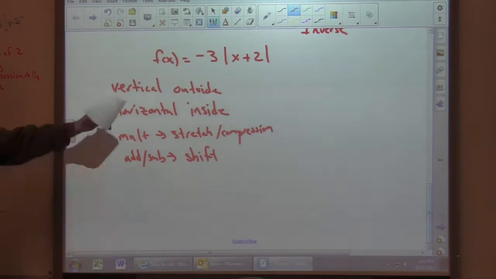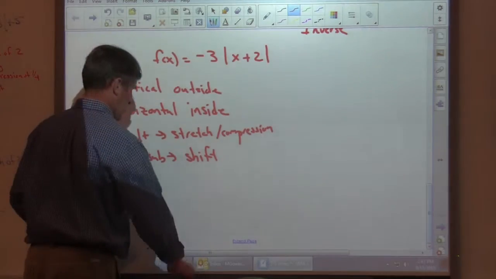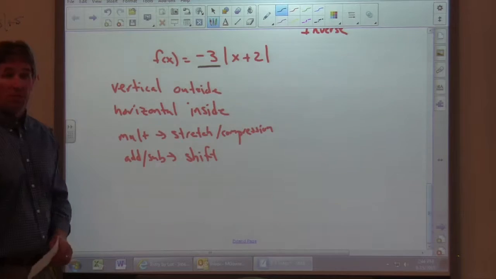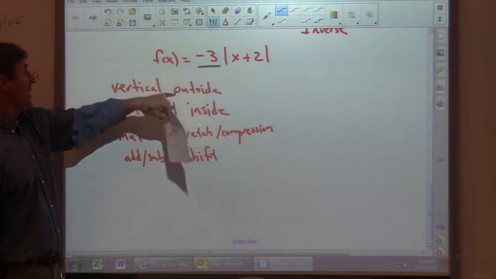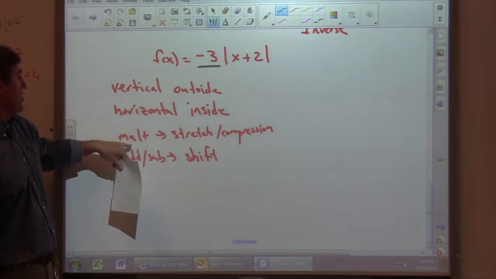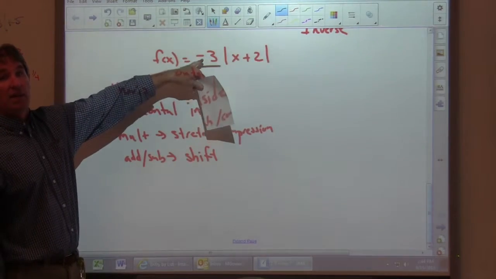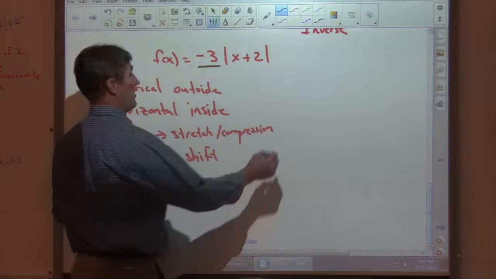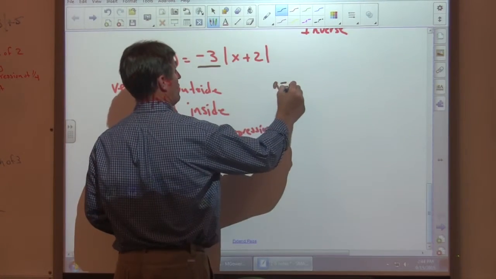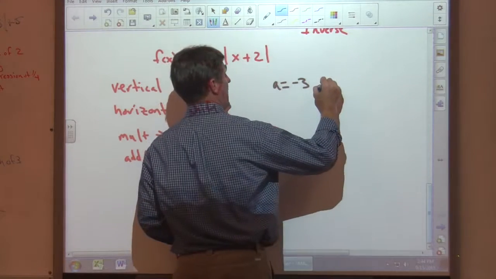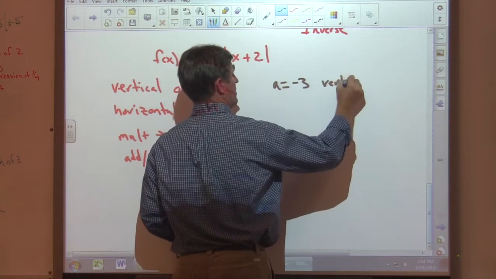So, as I look at this problem, just take each part one at a time. That's multiplied. It's outside, so it's vertical. Multiplication is a stretch or compression. The absolute value of negative 3 is greater than 1. So our A value is negative 3. And so that would be a vertical